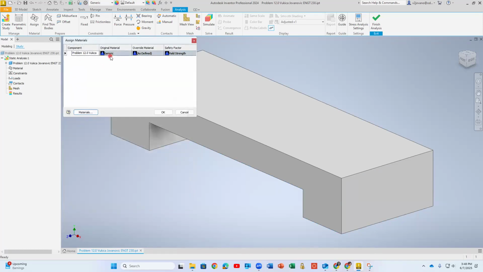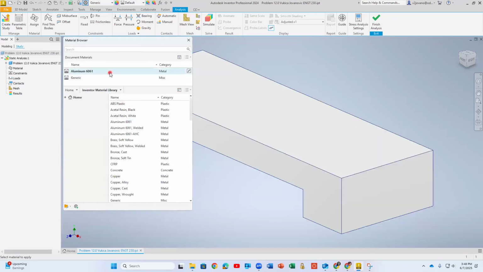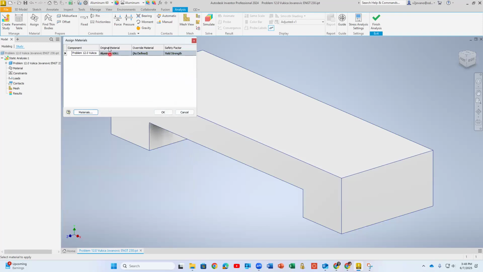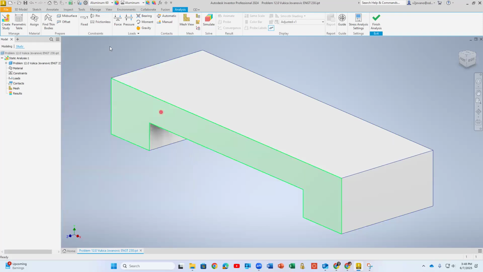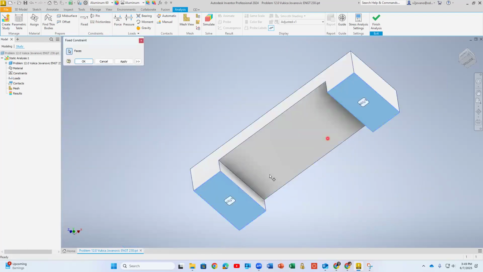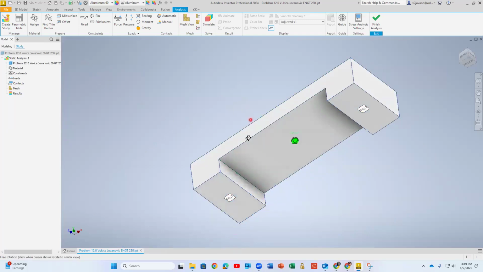It still didn't show it there. So materials, aluminum. Yeah, now it's showing me aluminum. So when you see here original material, then you can proceed. And then the second thing is we need to add constraints. For constraints, we will add fixed, and you can flip this and say this is standing on these 2 legs. So you see I'm selecting these 2 blue surfaces and I'm saying those are my constraints,